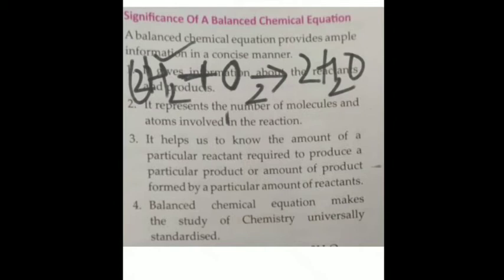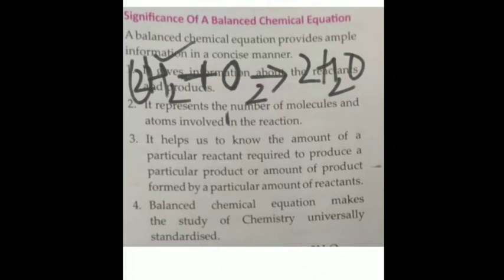Is that clear? So total amount, we can find out the total mass of the products, and we can even find out the total mass of the reactant. So the mass of 1 hydrogen atom is 1 AMU. This reaction involves 4 hydrogen atoms. So total mass of hydrogen atom is 4 into 1 AMU. Is it clear?